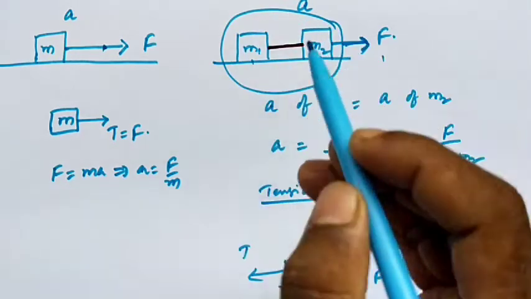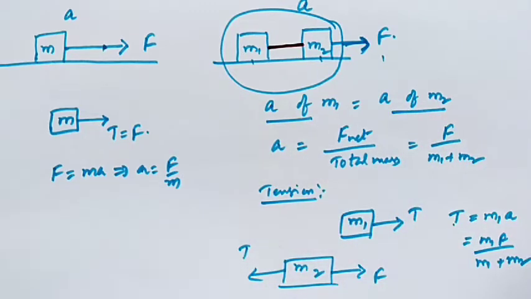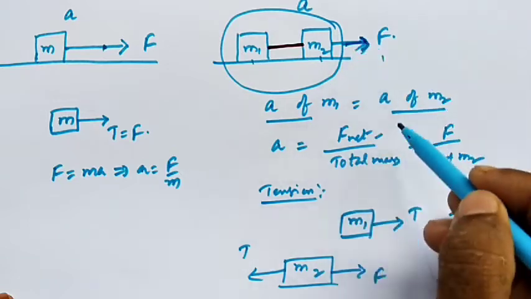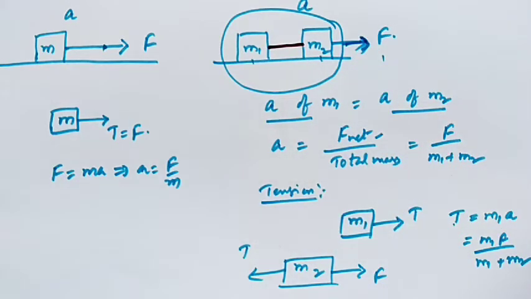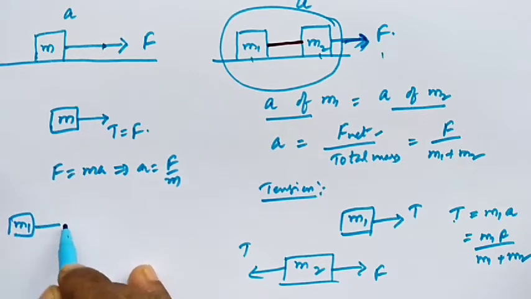The acceleration of the system will be the same. That means the accelerations of both bodies are equal. How much is that acceleration? Directly you can calculate it: the applied net force divided by the total mass. Clear? Now let us see. You can connect any bodies. Now let us see three bodies, suppose m1,